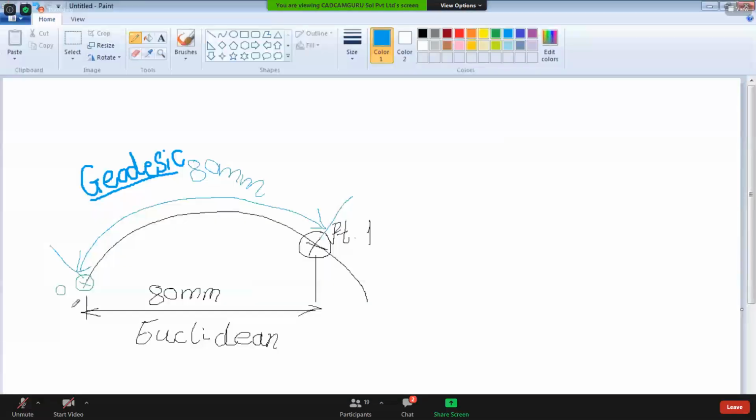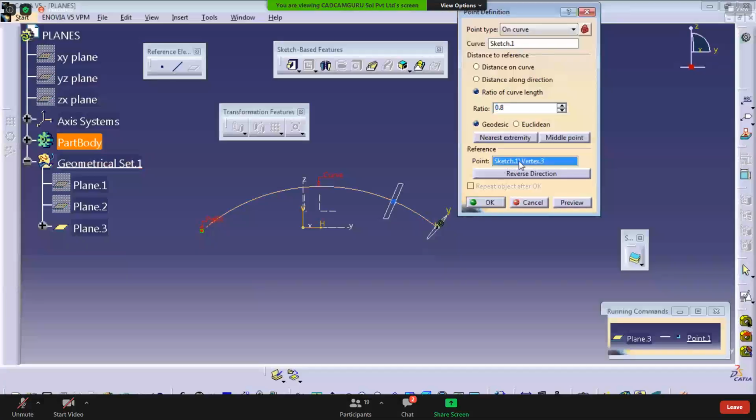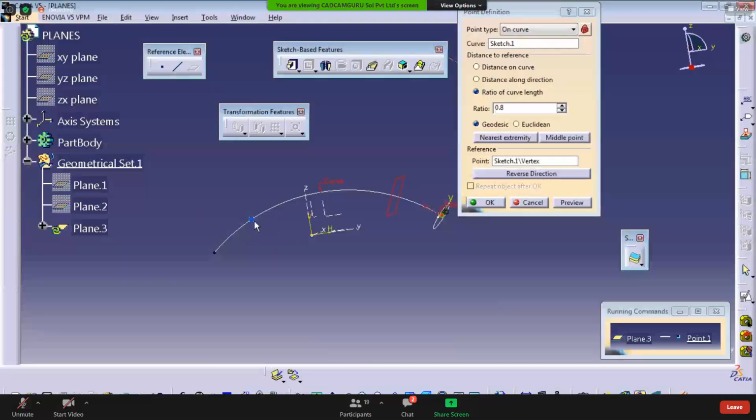So where you want the origin, left side or right side, you can define it through this option, Reference. So I want to use the origin at the right side, and the direction is reverse. So I use the reverse direction. Now see this. This is the 80% length.